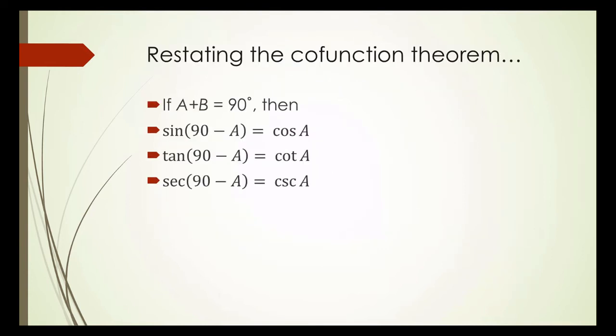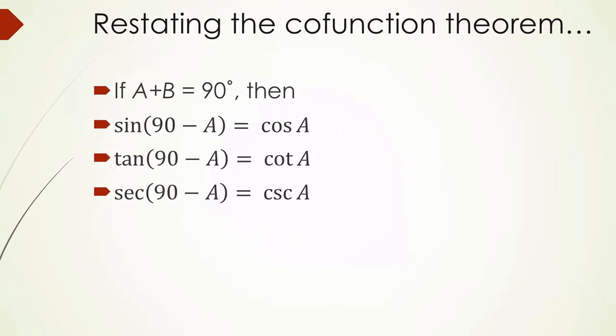Another way of saying the cofunction theorem, a little more algebraic, is to say if the sum of the angles A and B is 90 degrees, then if you took sine of, now notice the parenthesis is standing for a single value, so if I subtract A from 90, I get the angle B. So this is saying sine of B equals cosine of A. Again, in the next line in that pair of cofunctions, 90 minus A produces the angle B, and tangent of B is going to equal cotangent of A. Same for secant and cosecant.